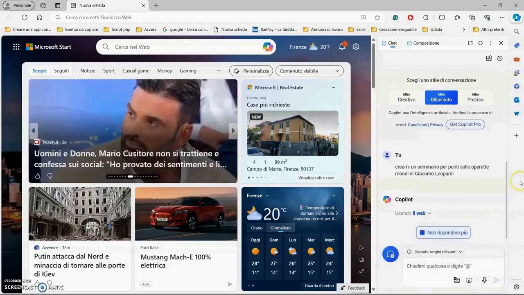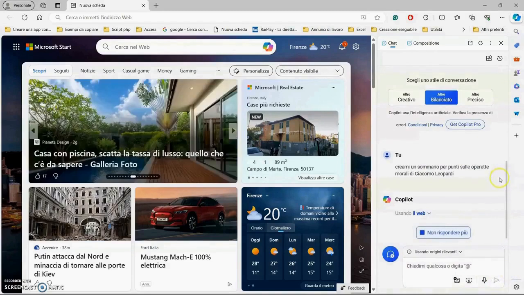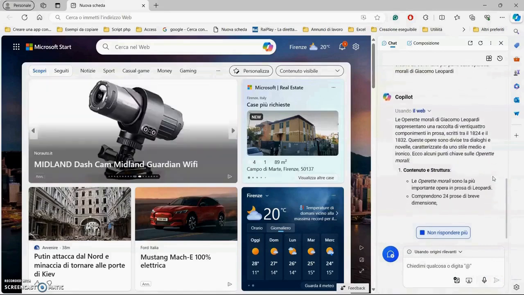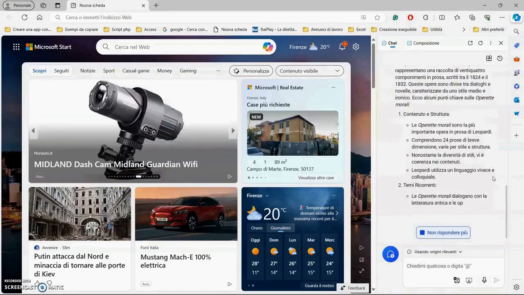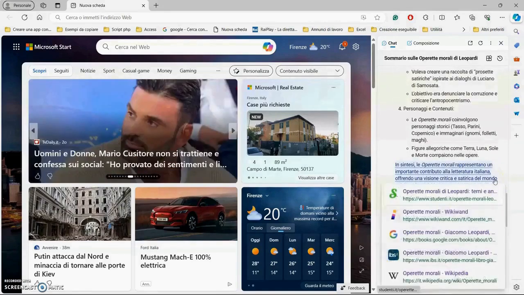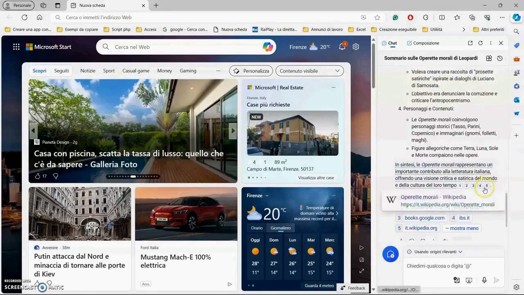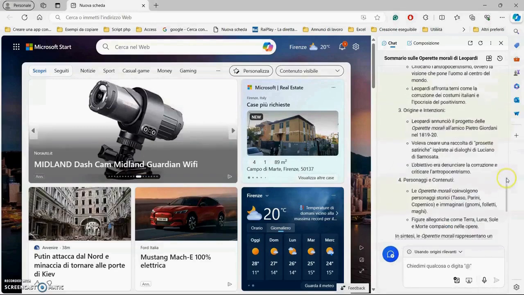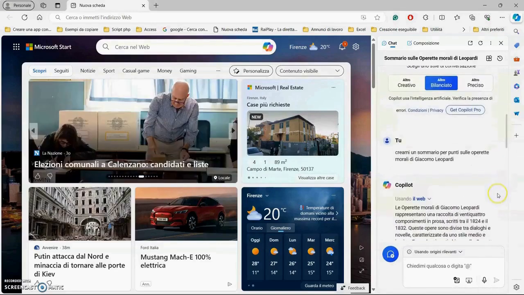First of all, it gives us information, and as you see, it creates a real summary for us. So what can we do here? Then, as you see, there are other links here to retrieve information about the morali operettas. At this stage, I can also go